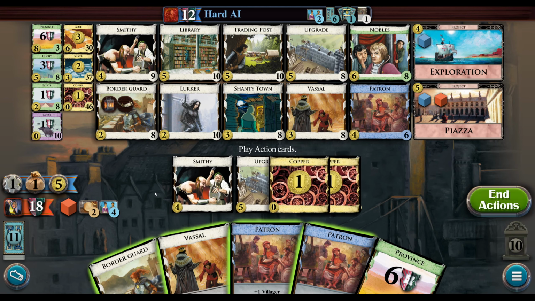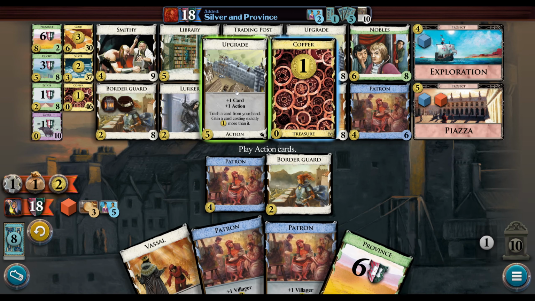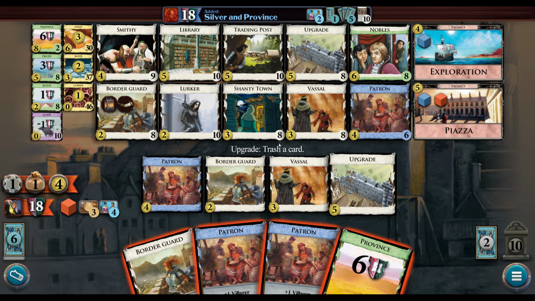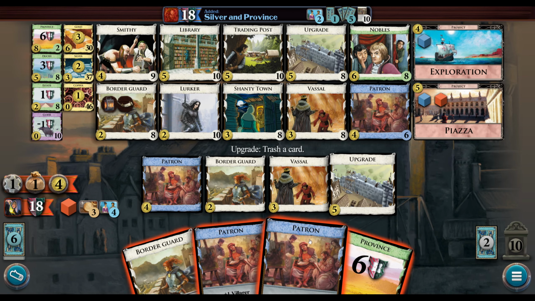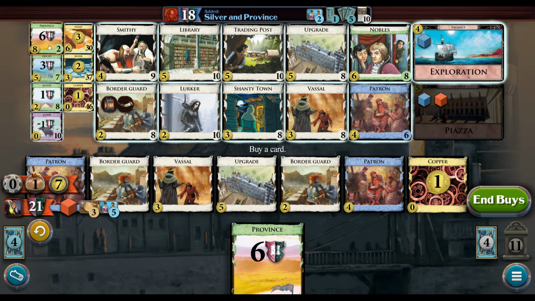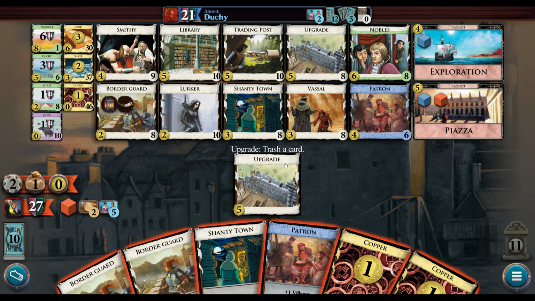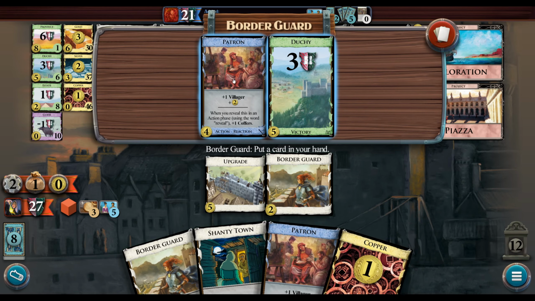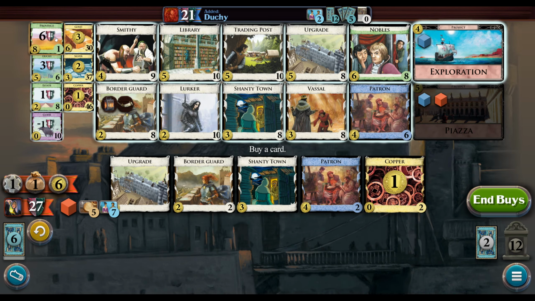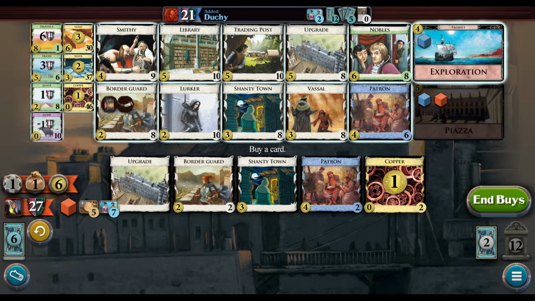We're not loading up on Coffers, so we're also not... This isn't that fast either, though. We take Duchy here. Should be good. So this is turn 13. Oh, turn 12. Now, obviously, if we compete on...